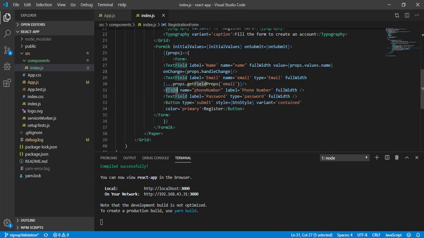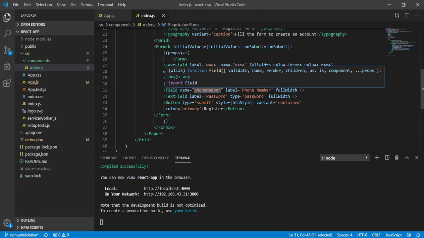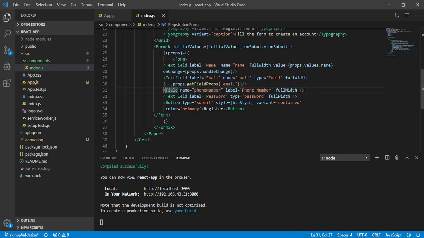This Field component we are getting from Formik, and here we have given a name. Now, we were using the Material UI TextField, and now we are getting a simple text field. For that we can pass another prop called as, which gets the type of the text box. Here we can pass TextField.